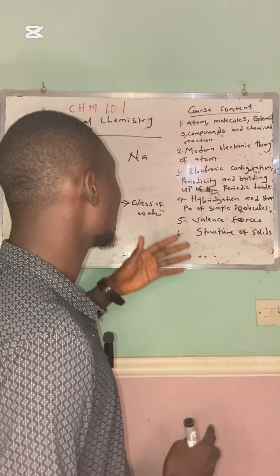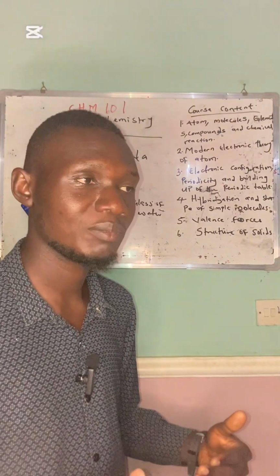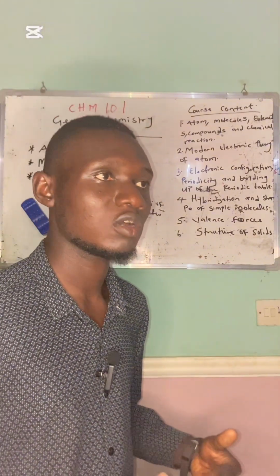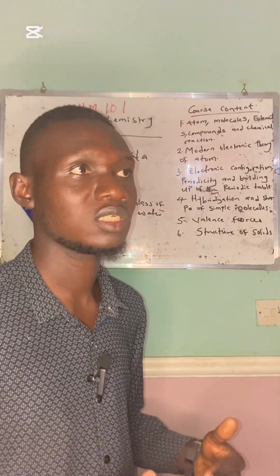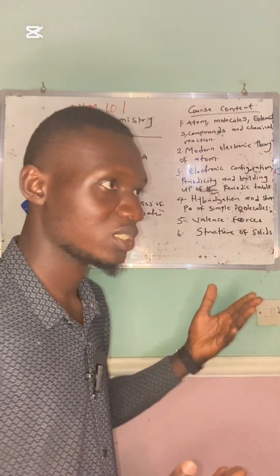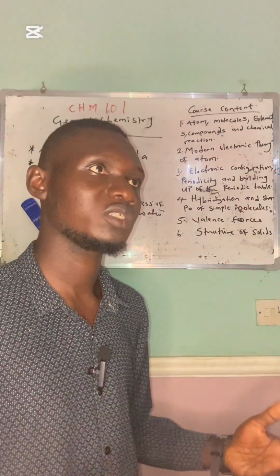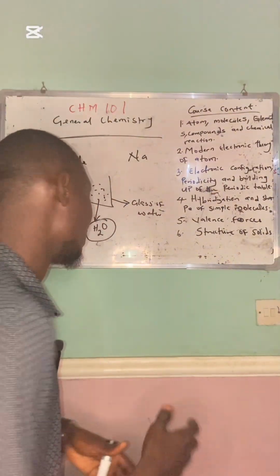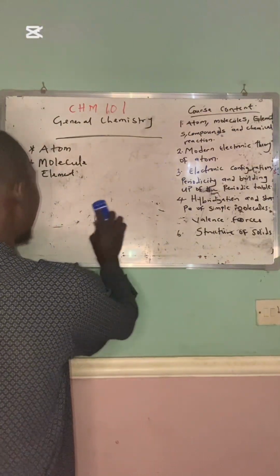So in the case of a compound, the atoms are chemically joined together, a combination of two or more atoms chemically joined together. Or in another word, just like we said, they can be split by ordinary chemical process. What I mean by this is, take for instance,